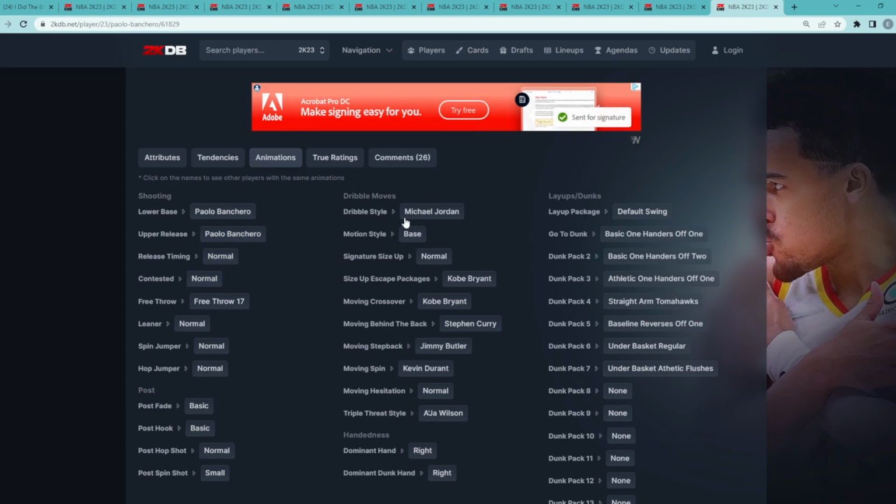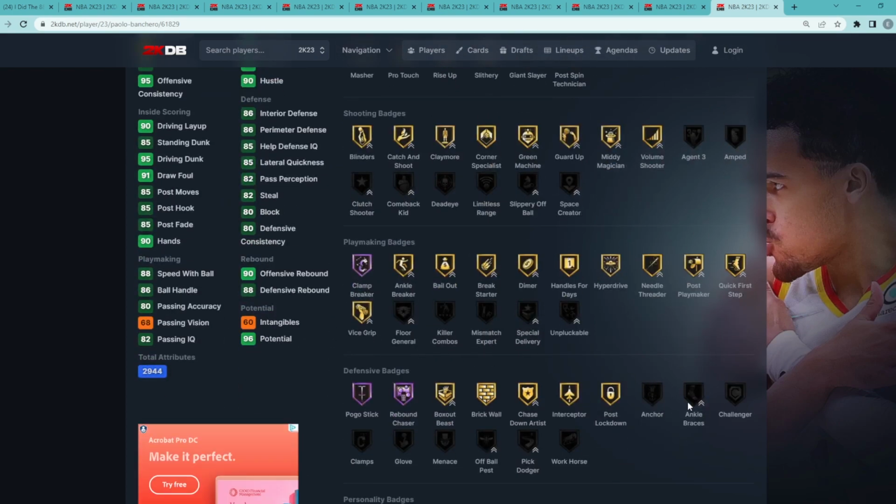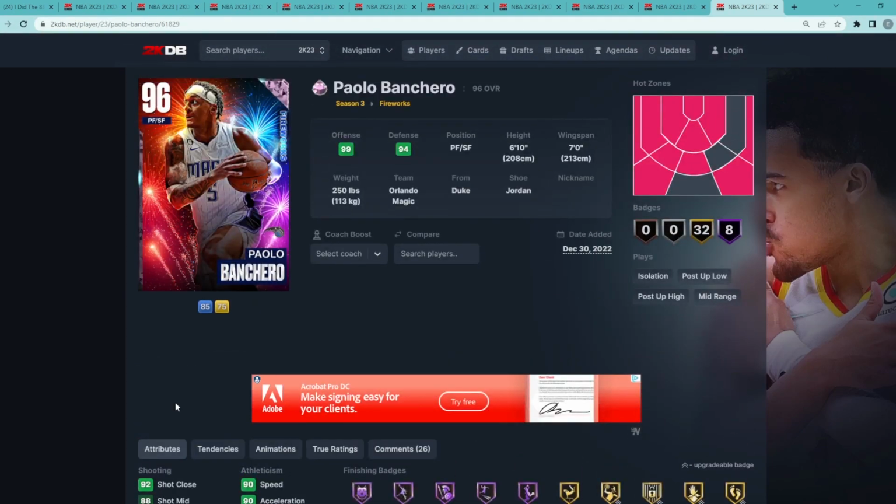He's got a good jump shot, he's got the MJ dribble style and the normal leaner. I kind of am mad that 2K did him dirty on the defensive badges. If he was able to get all of these defensive badges and maybe had some better stats, he would most likely be like a top 7-8 small forward, but unfortunately he's gonna have to come in at the number 10